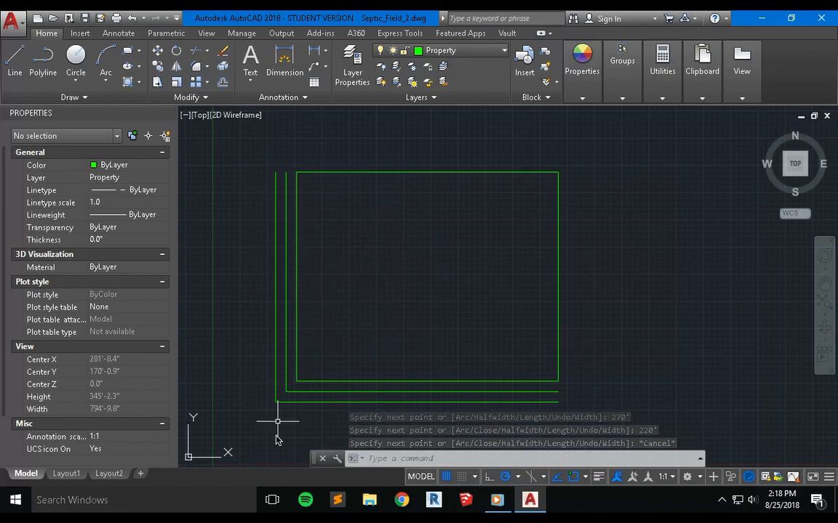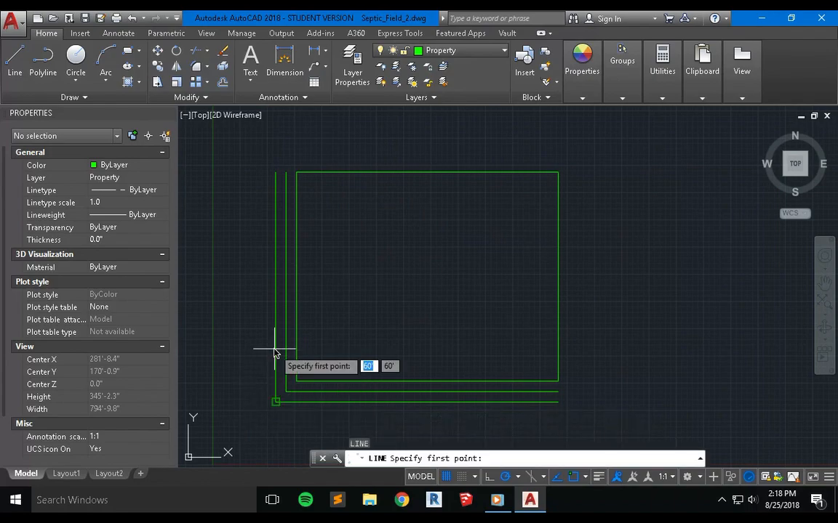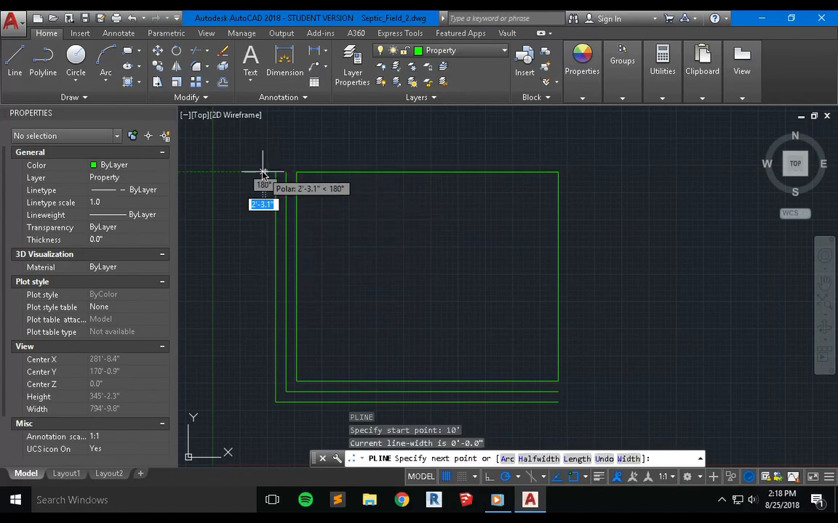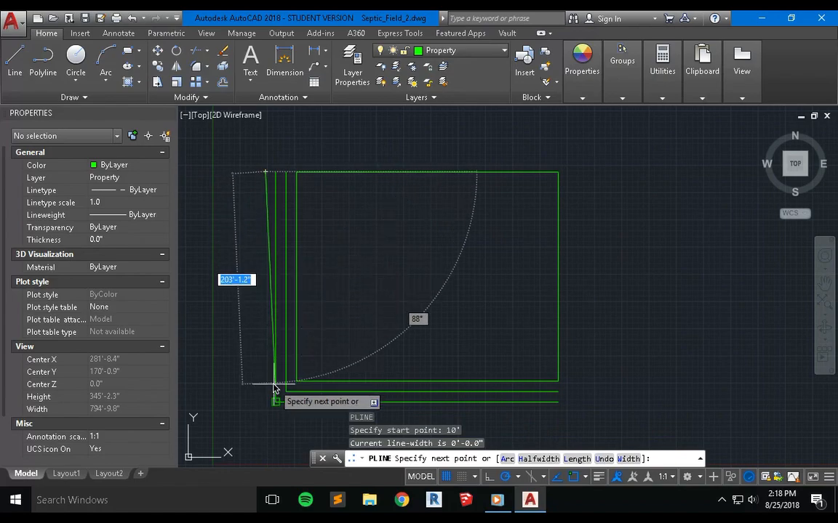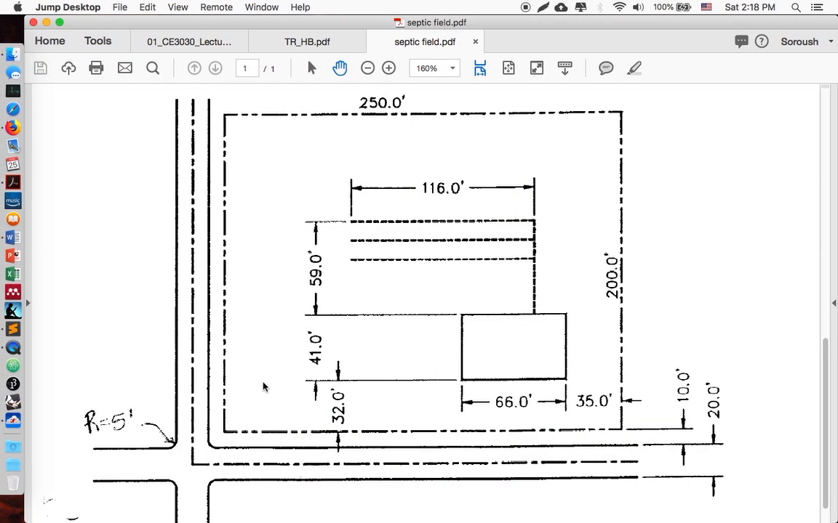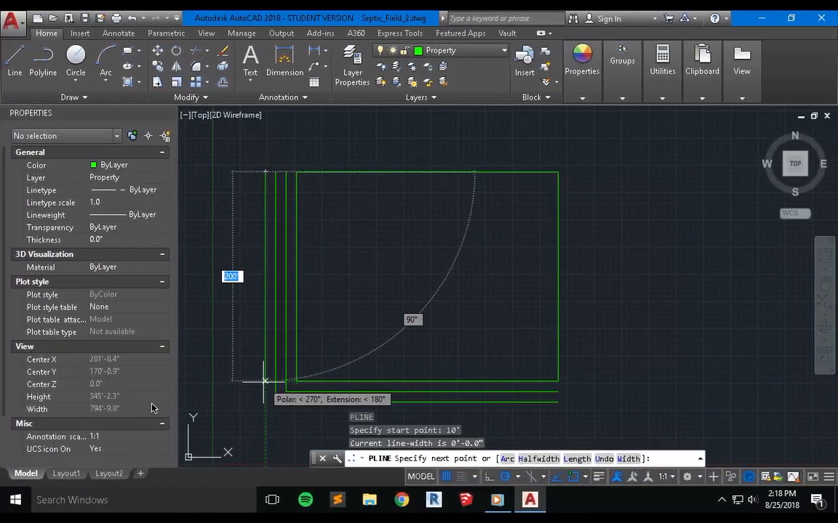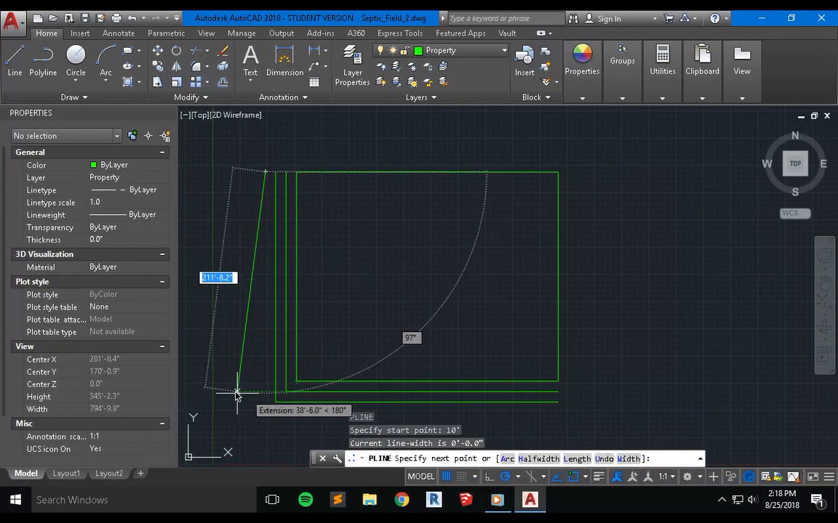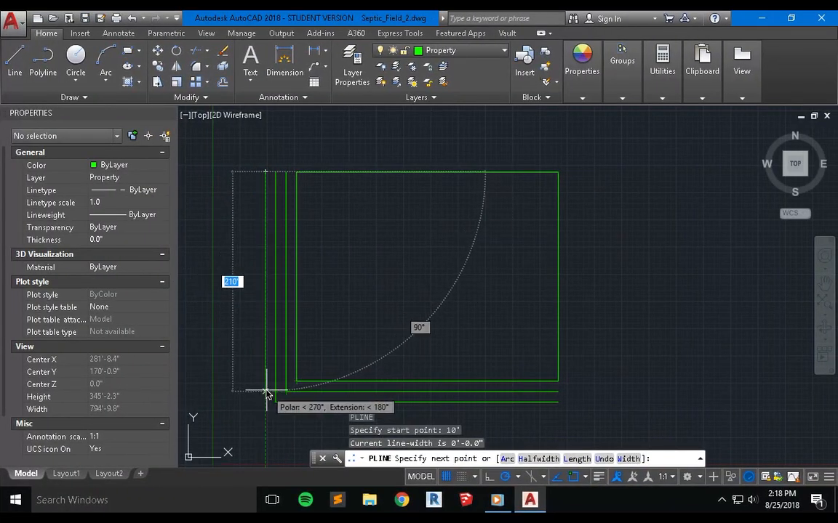Now I need to draw the other line here. So I'm gonna go over polyline again, and this time I started from here. I'm gonna separate that 10 feet, and I'm gonna go all the way down, and this time it's gonna be from the edge of the property, right? So if I go back here, you see it's just, oh no, it's a start from the edge of the other road. So let's get to the edge of this road here, and